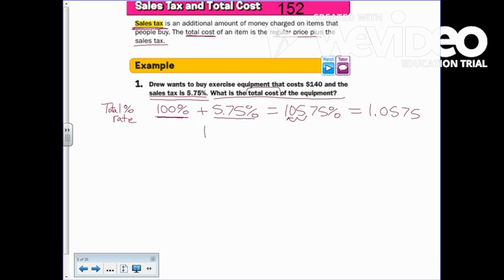Now, we're going to find the total cost by taking our percentage as a decimal, 1.0575, and multiplying it by the cost, $140, which is our whole. And when I do that, I pull out my handy dandy calculator, 1.0575. Make sure you type that in correctly, times 140. You should be doing this with me, by the way. So pick that calculator up and multiply it to give yourself practice multiplying these larger decimals. And you get